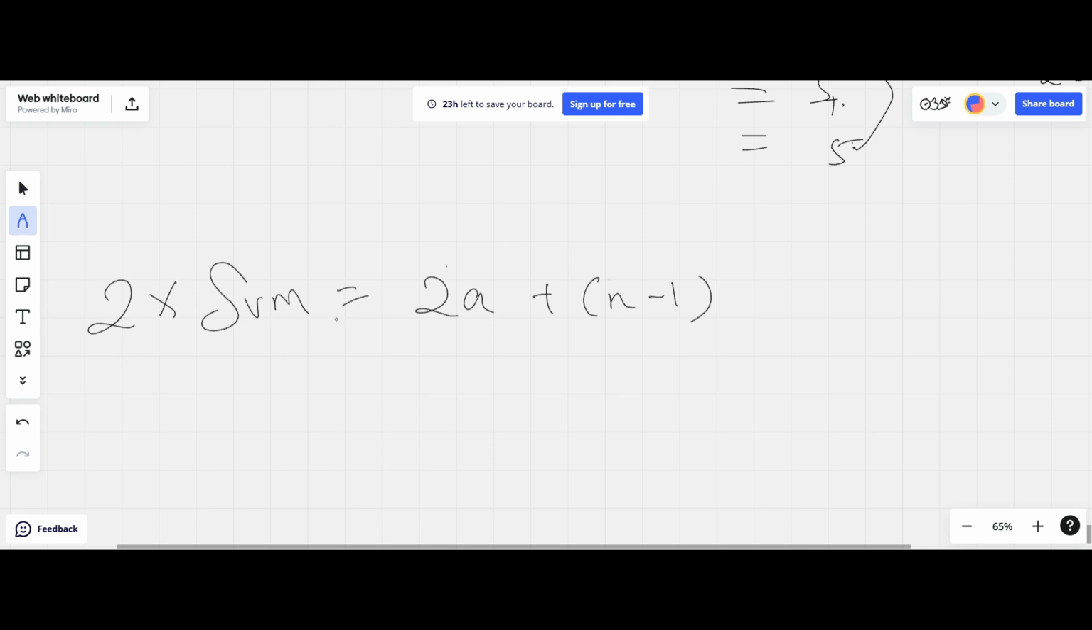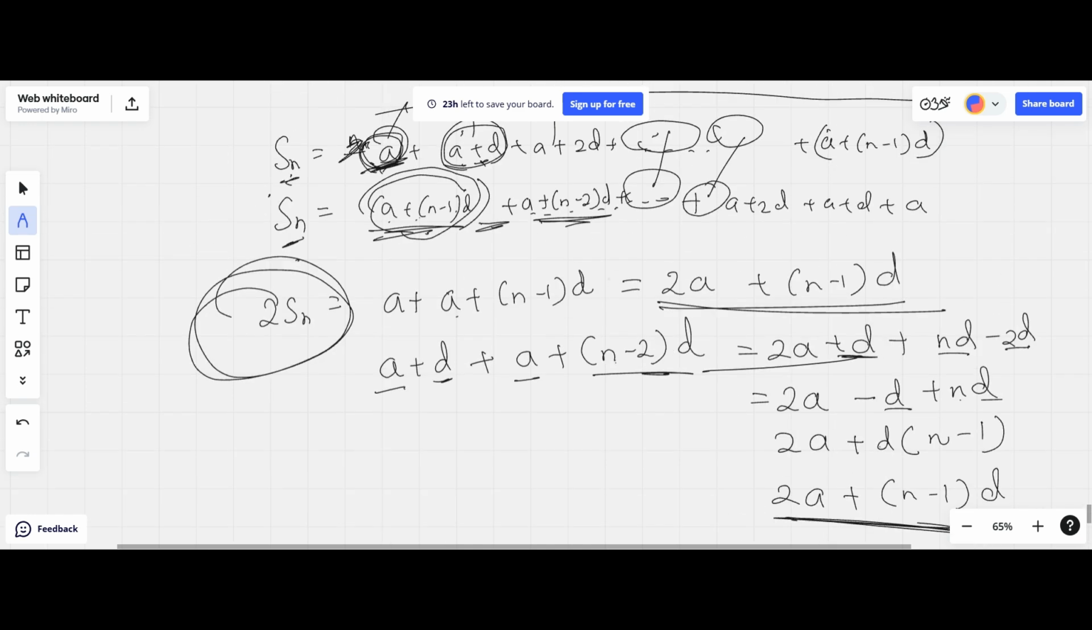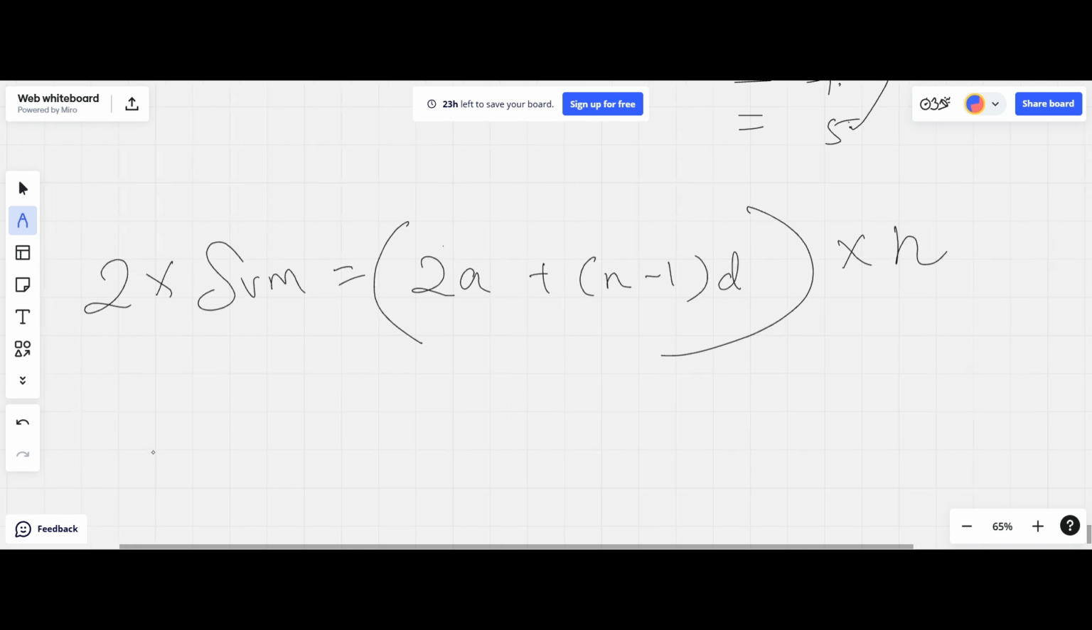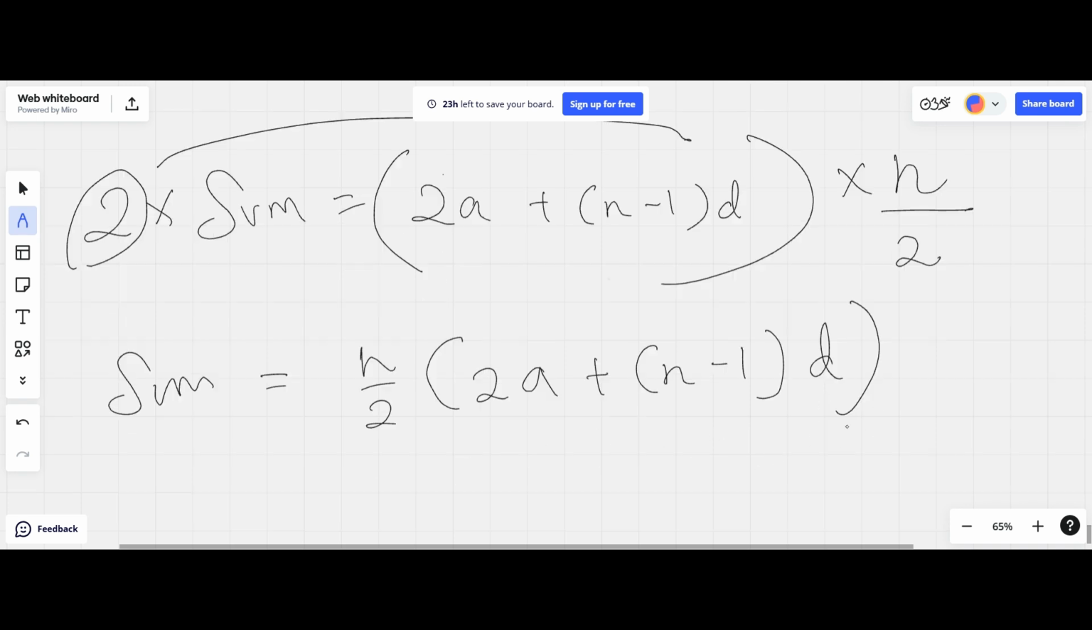2 into the sum is equal to 2a plus n minus 1 into d, into how many times it is repeating. Here also you get the same thing, next also you get the same thing. Likewise, n times you get the same number, so into n. So 2 Sn is equal to that. You take this to the right side, so you can divide here. So the sum will be n by 2 into 2a plus n minus 1 into d. This is how